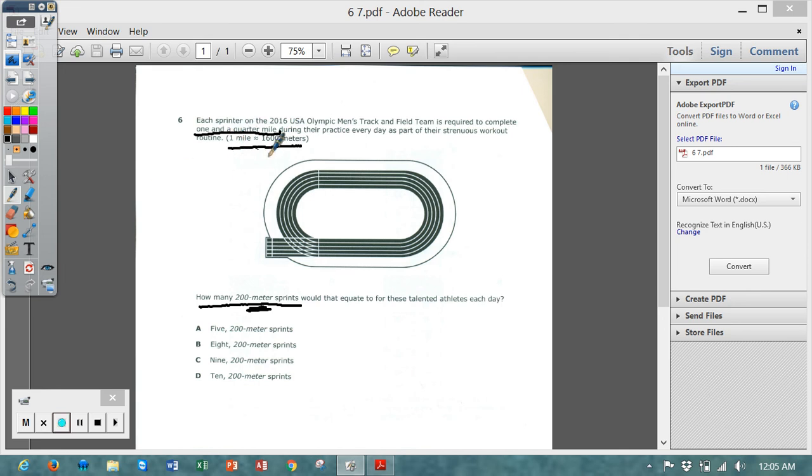I'm going to take this conversion right here, 1 mile is 1,600 meters, and I'm going to write that first. 1 mile, I'm going to use mi for miles, and 1,600 just m by itself for meters. If I set the first ratio at miles over meters, I need to set the second one at miles over meters. Now I need 1 1/4 mile. 1 1/4 mile is 1 1/4, and we don't know how many meters that is. If you'd rather use a decimal, that would be 1.25 miles. And now if I cross multiply 1.25 times 1,600